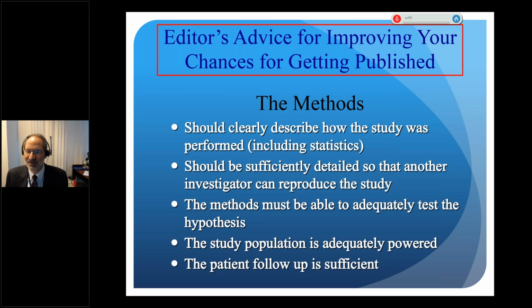There's nothing worse than having a study, a beautiful study, great research. You're looking at two variables. You find out there's no statistically significant difference between these variables, but it turned out the N was too small and it wasn't adequately powered. Had you had more patients, you might have found a big difference. And that's important because that then basically completely changes the message. So that's where a statistician or a mentor, someone who's written many papers before, can be helpful. And also patient follow-up is very important. If it's too short a follow-up, it often will make the data unreasonable.